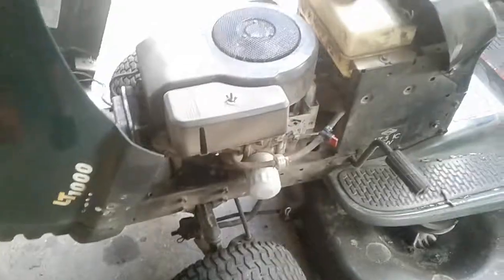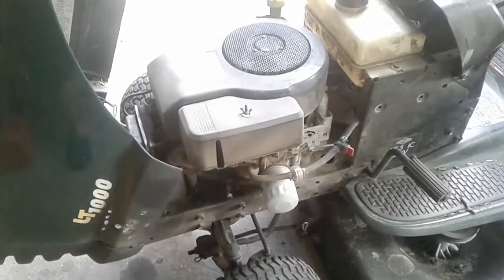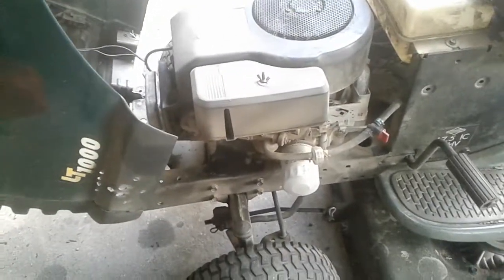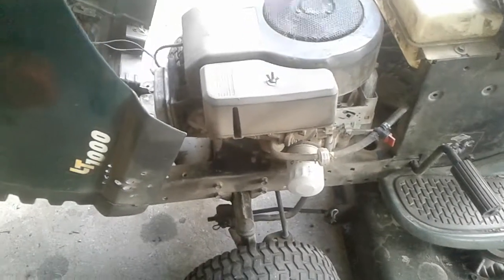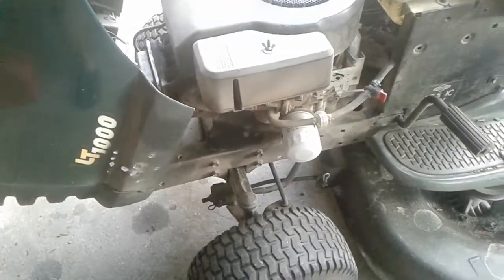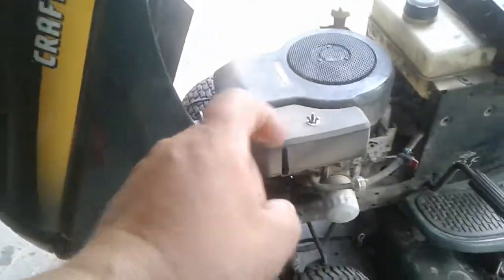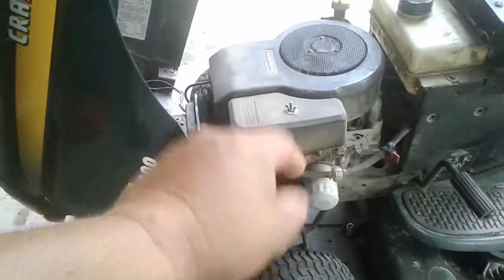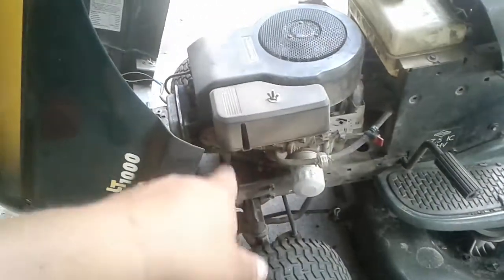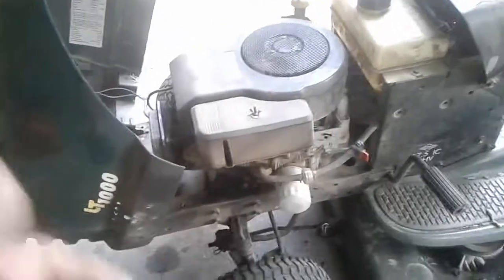Well, this one here is where I really learned a lot about the carburetors on these. I also learned the difference between Nikki carburetors and Walbro carburetors, which is, this one's got the Walbro. The Walbro carburetor is one that I got with the 12 horse. No, I'm sorry, it was the original carburetor to this mower. The only thing that I've done to it to change it up a little bit is